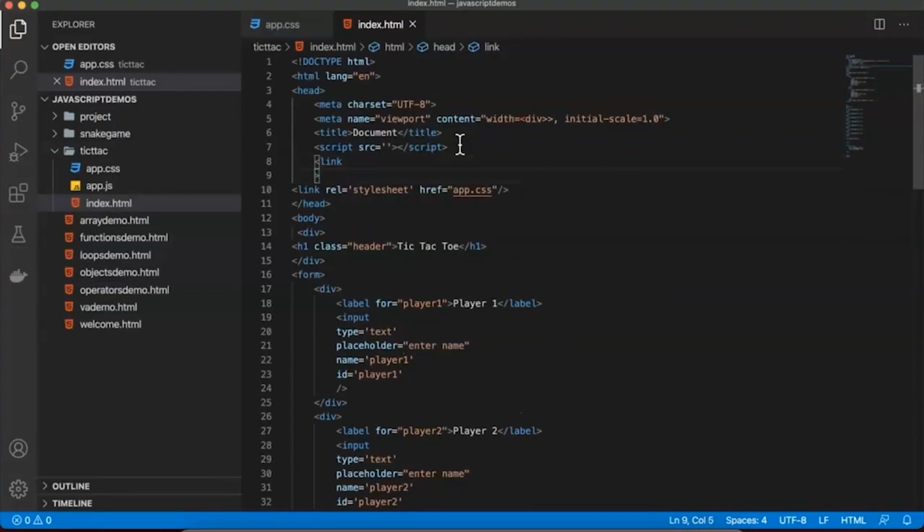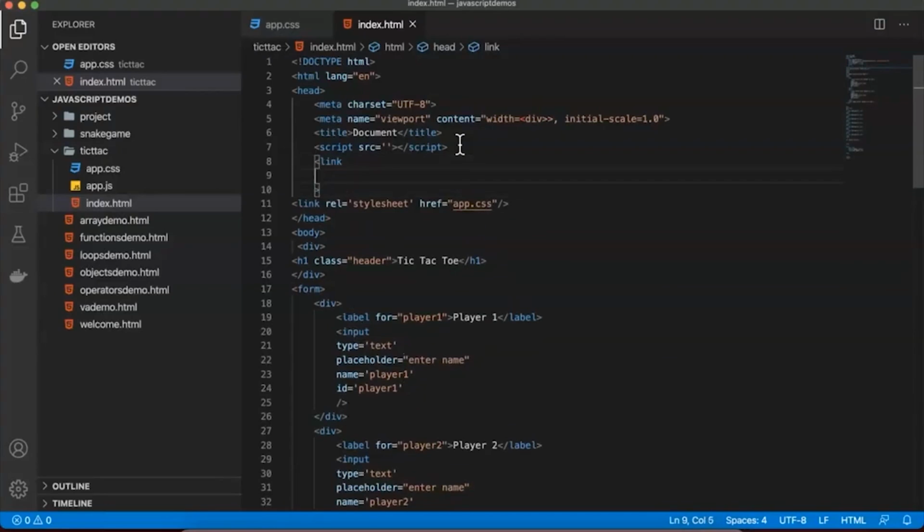Within this link, we want one attribute called href equal to, and now we have to give the proper location by saying https://fonts.googleapis